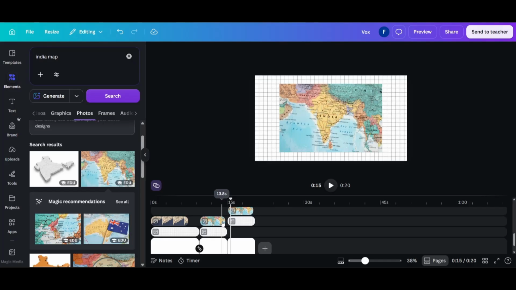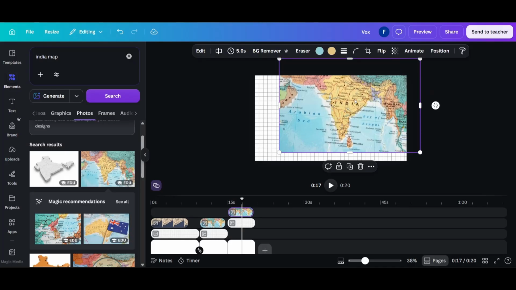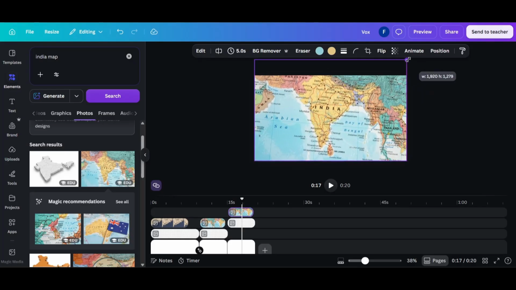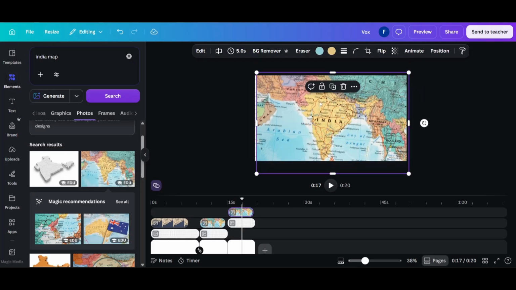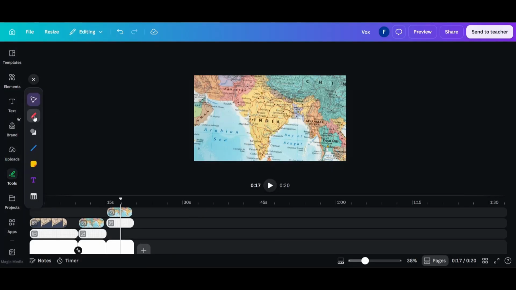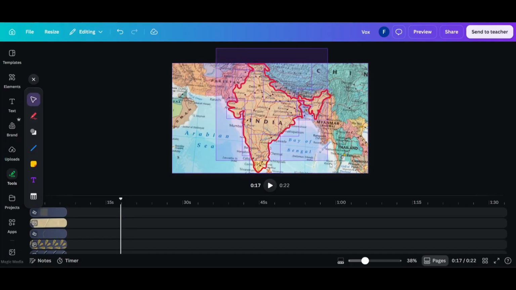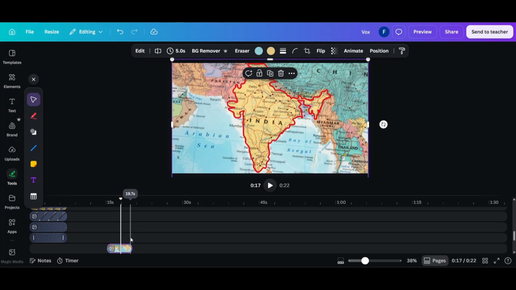The next thing I need to do is add more stuff into my template. Duplicate the second design that you made. I'm going to extend the size of my map. I'm gonna make it bigger. Next, I'm gonna go to draw and tools option, and I'm gonna draw an outline around my map that I